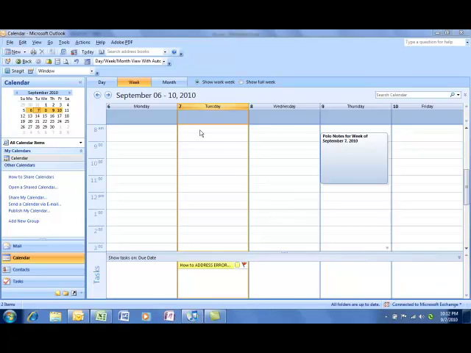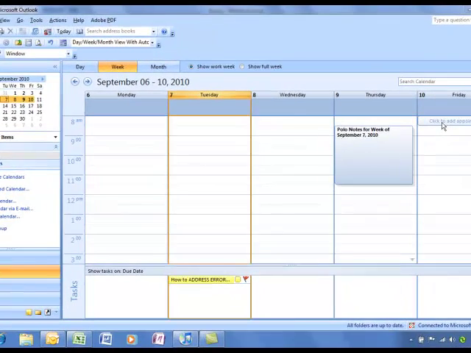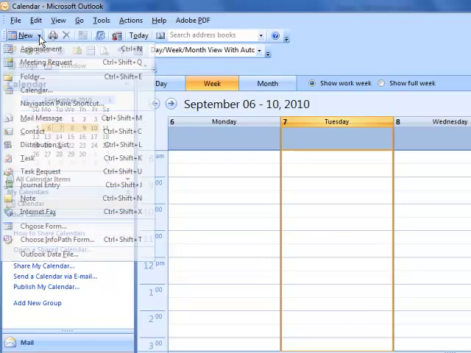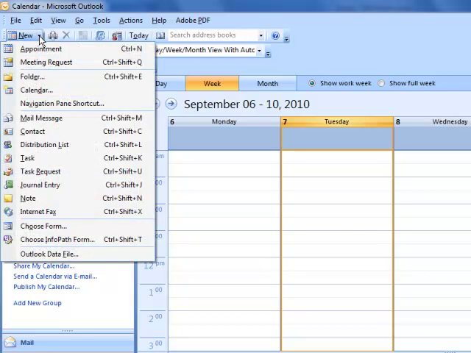Okay, so like I said, I don't want to be on Tuesday. That's today. I actually want to be on Friday this week because the first appointment I'm going to put in is my first class on day 1, which this year is actually period B, which I actually teach. So that'll be a good starting point. So first thing you're going to do is you're going to click New, and if you're in Calendar View, it should just say New Appointment automatically. But if it doesn't, you would want to hit this little drop-down arrow to make sure that you want a new appointment. You're not interested in a meeting request or anything. So go to New Appointment,